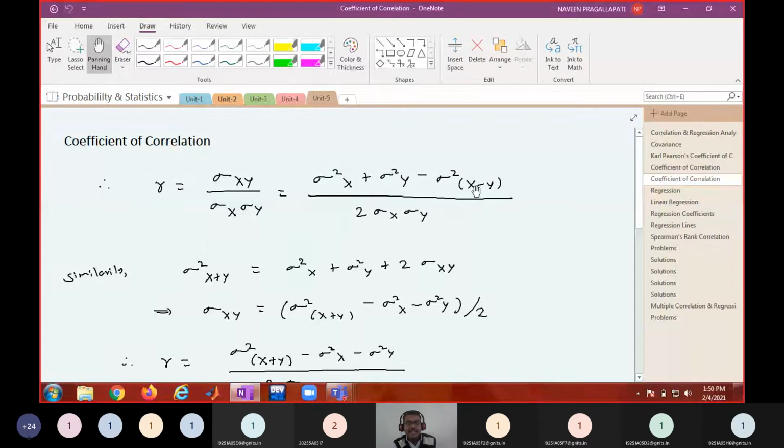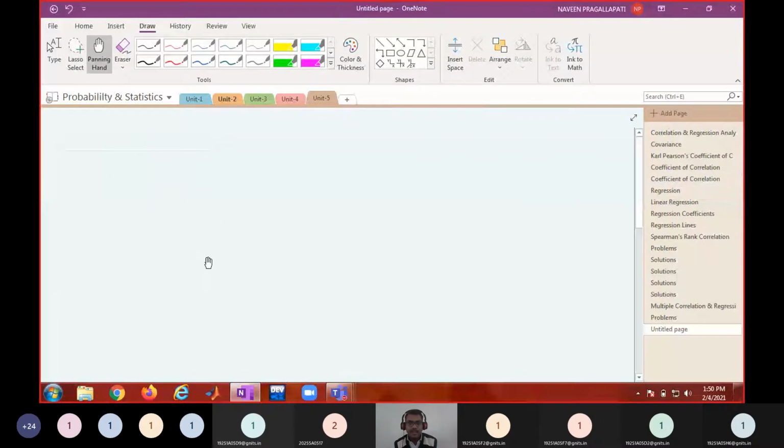Then what is X minus Y? X minus Y is the deviations between the ranks. Sometimes ranks may coincide; two or three persons may get the same rank. In that case, we take the average of the rank positions that they are going to occupy. I'll be doing that through a problem.